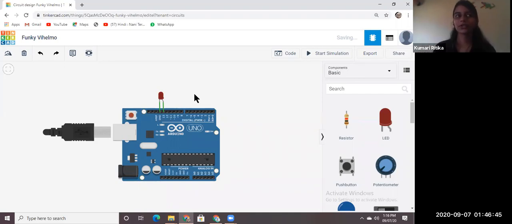So what is input? You must have heard about input and output. So what is input and output? Input is taking some information in, some data, and output is giving some data out from the Arduino board. As we are talking about Arduino, when Arduino reads some information, it is input, and if it gives out some information, then it is output. Okay, so let's give a practical example of where we use that. Have you seen that automatic gate?